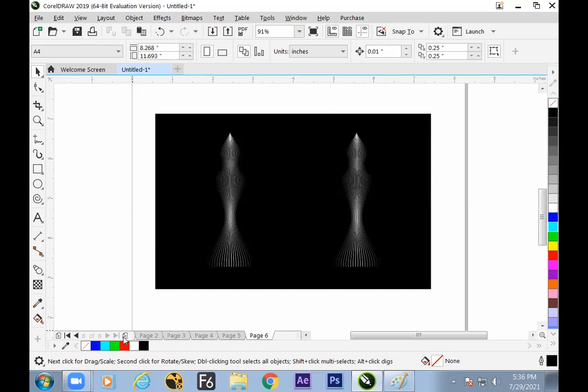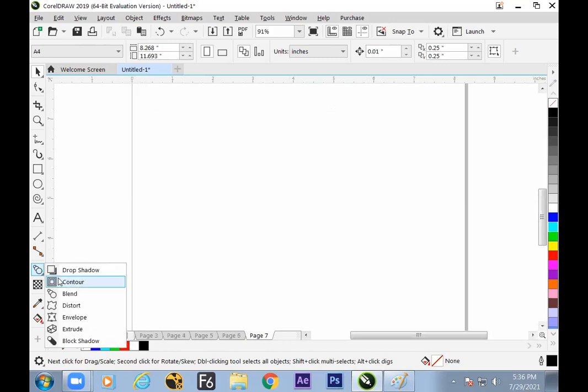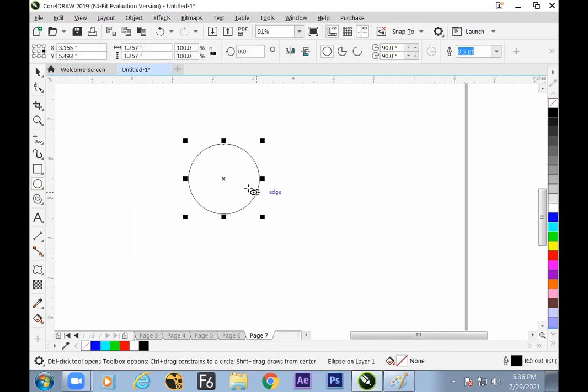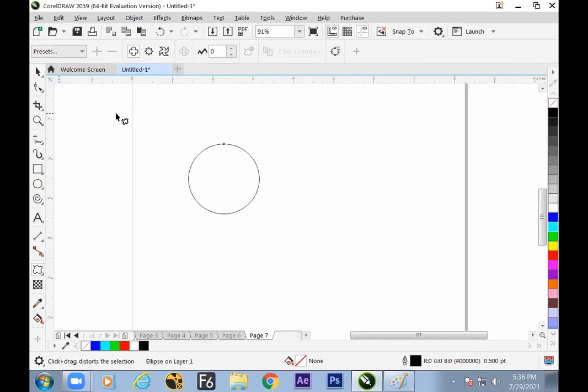Fine then. So let us move to the next tool inside the same bunch. Distort. As the name suggests, the work is so. Distort means the shape gets changed. Disturbing the shape is called distort. So switch to the tool. Distort is again of three types. Pucker, this is the first one, push and pull, then zipper and twister.